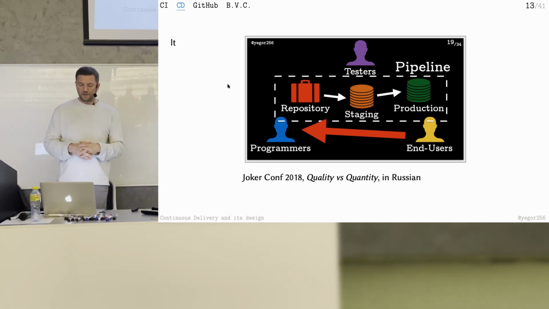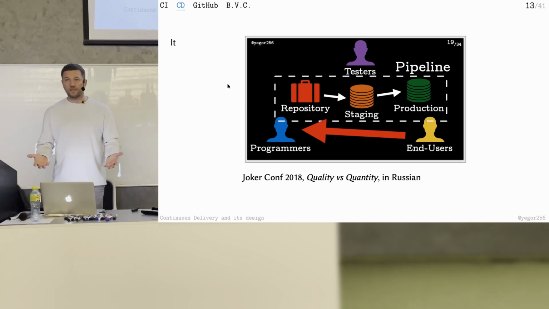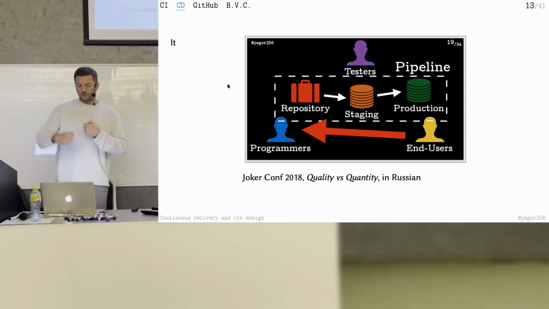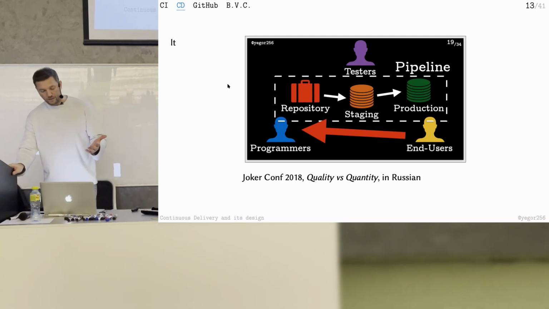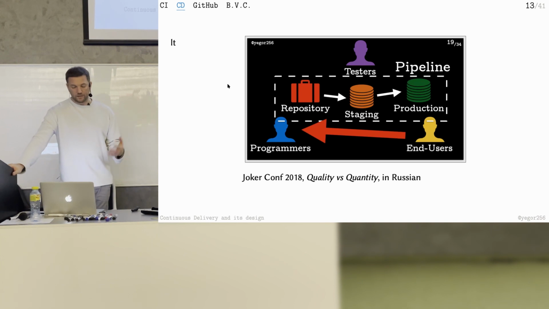Staging environment is where testers can look at the changes and try to break the product. Testers try to break the product and find as many bugs as they can. So they are kind of breaking, crashing, trying to do some penetration testing, some security testing, whatever. Testers are focused on breaking the product. And then the final step, the robot takes this product and puts it into production. Production server or production platform, whatever. And then end users start using the product.